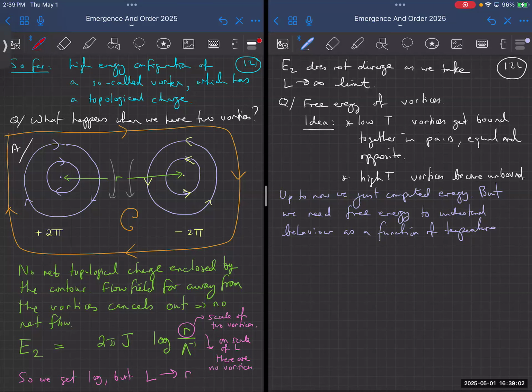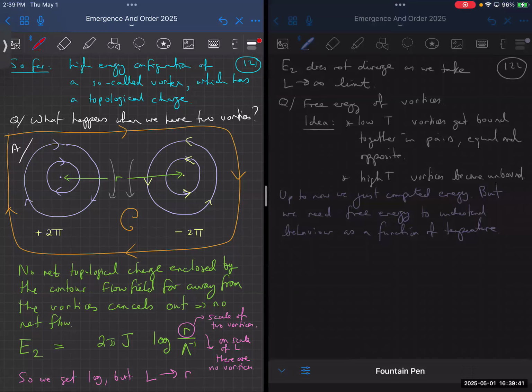So what we're going to do now is the same argument that we did for 1 and 2 dimensions, where I showed you that there was order. This was a couple of weeks ago. We did the Landau-Peierls argument, where we saw that in 1 dimension, say for an Ising model, the entropy always destroys order. But in 2 dimensions, the entropy doesn't destroy order, and it gives you a finite transition temperature where the energy and the entropy balance. So now I'm going to do the same sort of argument, but with these topological defects.